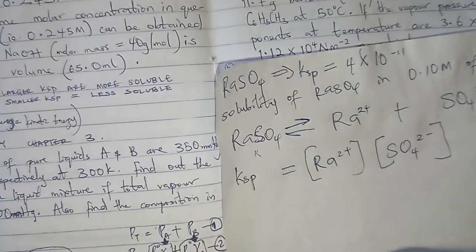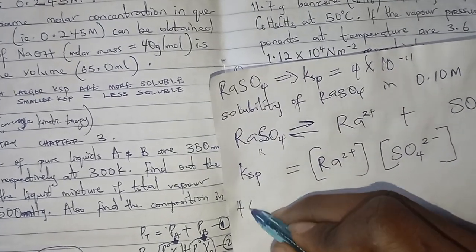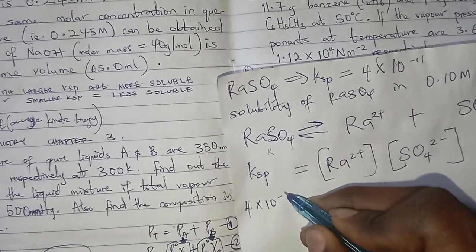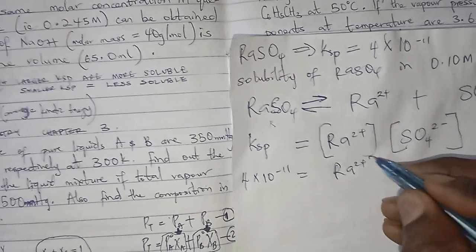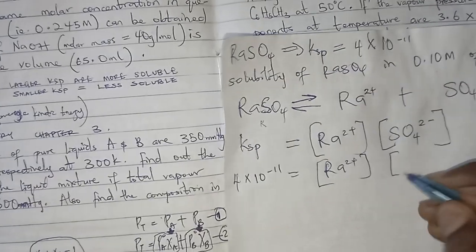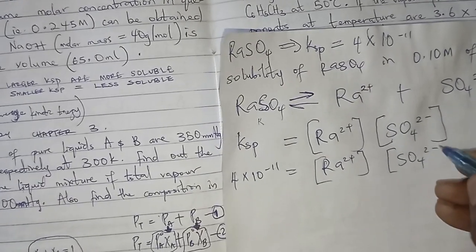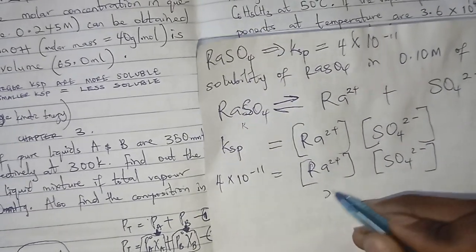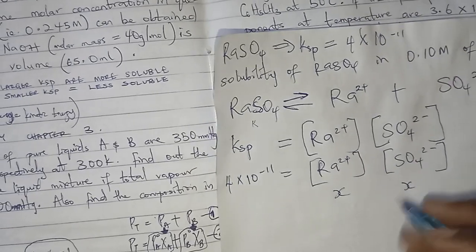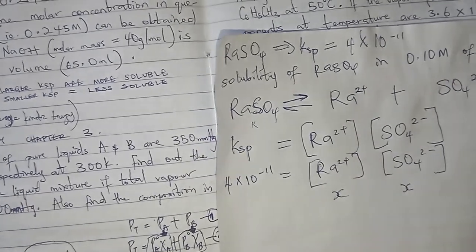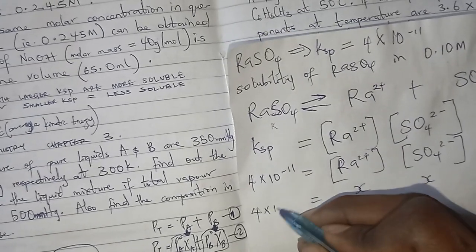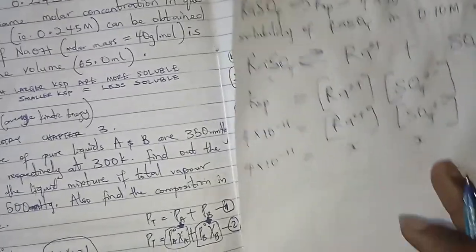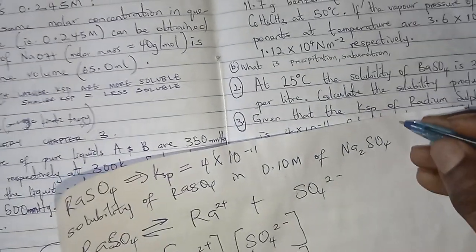Now the Ksp is given to me to be 4 times 10 raised to the power minus 11. So it equals Ra2+ and SO4 2-. Now let's say in this case I call this X and I call this X because I don't know it, which means that X times X will be equal to 4 times 10 raised to the power minus 11. But notice that we are asked